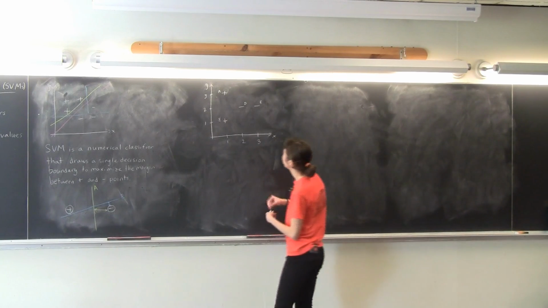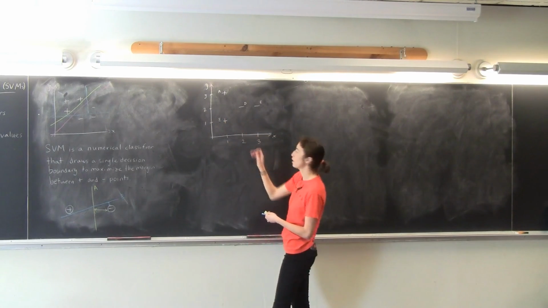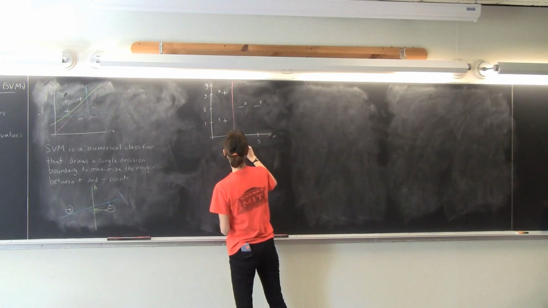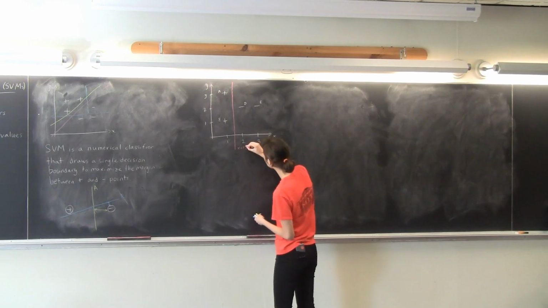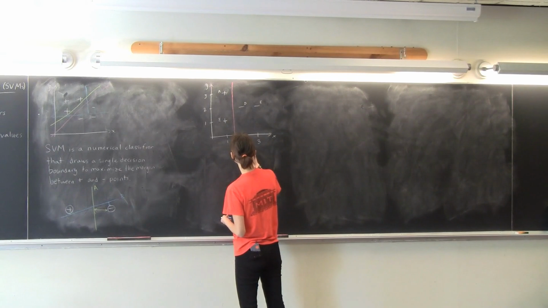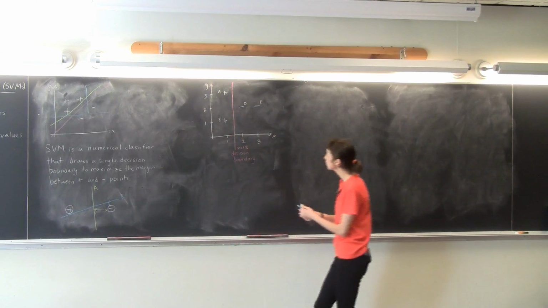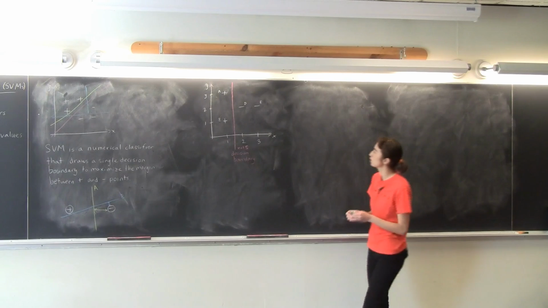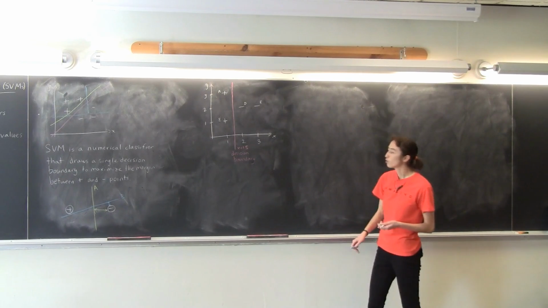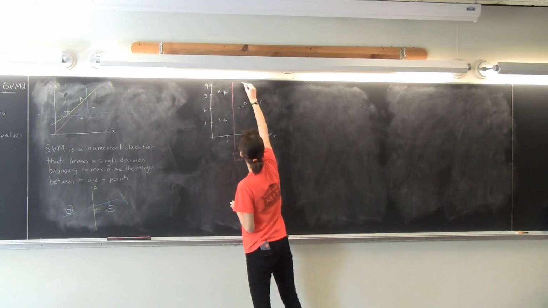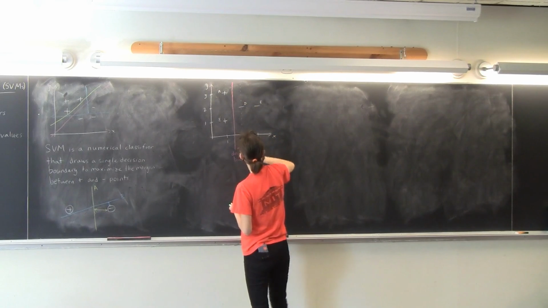Yeah, x equals 1.5 would be good, because that's exactly halfway between the plus points and the minus points. So we could have this line, x equals 1.5. We're going to say that's our decision boundary. And then because we're talking about the margin between the positive points and the negative points, we're going to put in these things called gutters. The gutters are going to go through the closest negative points to the decision boundary and the closest positive points, and they'll be parallel to the decision boundary. So we'll have